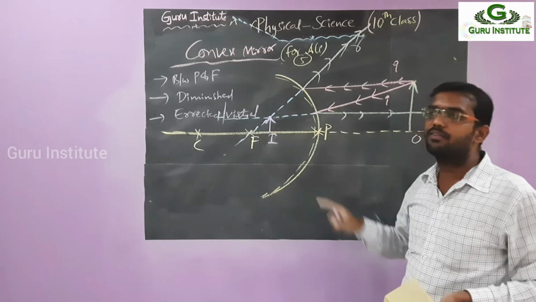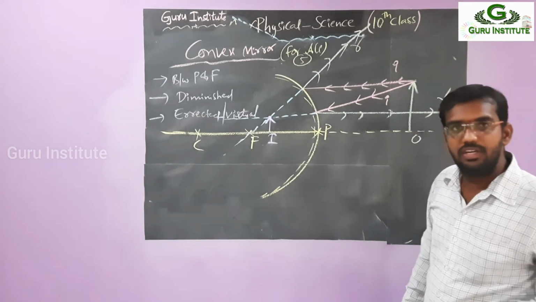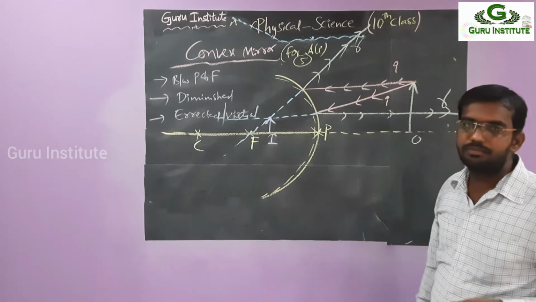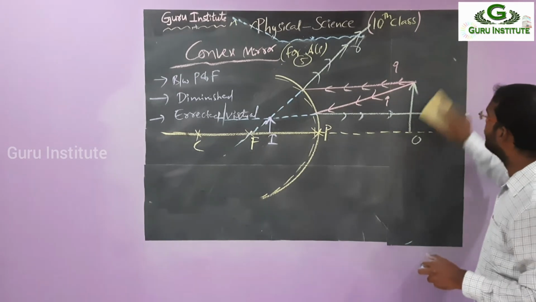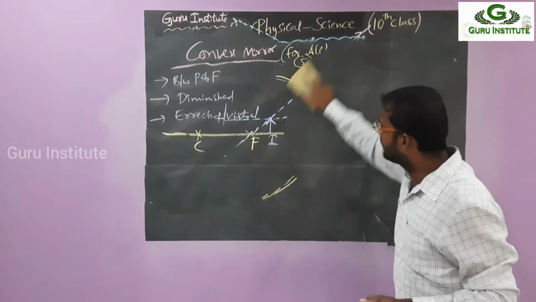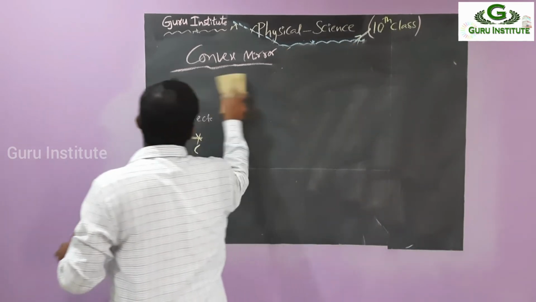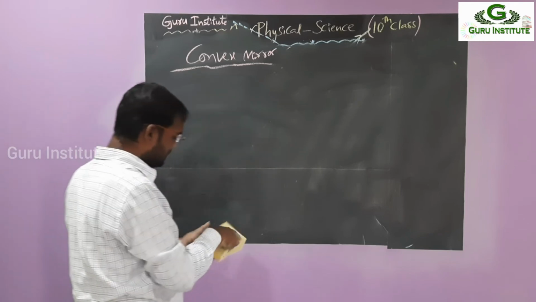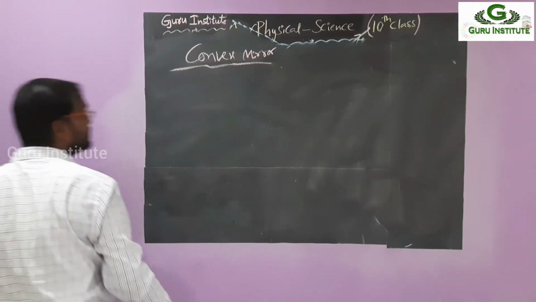In the concave mirror, along with the 5 cases, we saw the last case. What is it? The 6th case: object is at infinity. Here all 5 cases have a single diagram, so the 6th case we have to apply here. Object is at infinity, which means we have to assume the sun. Already we saw this in the last videos, the basic diagram of the convex mirror. But again we have to see it here, because it is also one of the parts here.